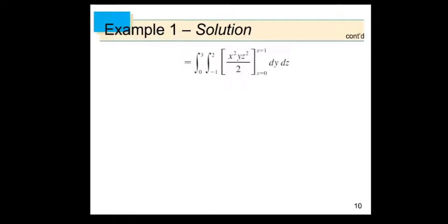We find a value something like this, in which we are just integrating with respect to x and we are not treating y and z as variables; we are just treating them as fixed constant values, right? And here we have x equal to 0 and the upper limit x equal to 1. In the next step we can see that we are finding